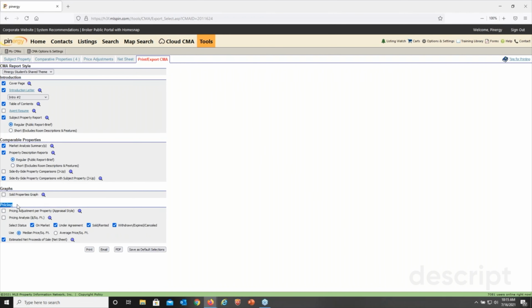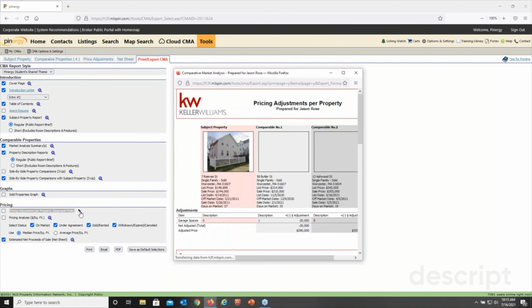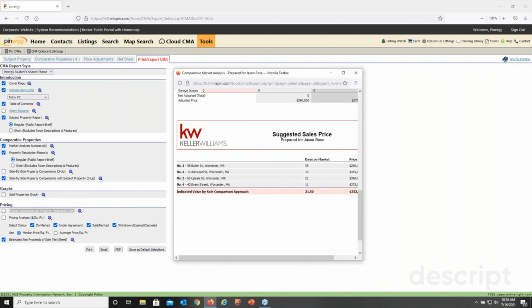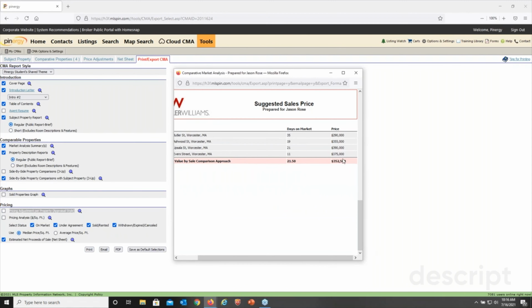Pricing. All right, so here's kind of the reason for the CMA. So this option here, pricing adjustments per property appraisal style. If we click on the magnifying glass, that's going to be the price adjustments tab that we worked on, basically printed out. So if you did adjustments, you definitely want to print this out. It's going to show the adjustments, how much you adjusted for, and then probably going to circle down below and say, look, property similar to yours, it's sold within the last 6 months,